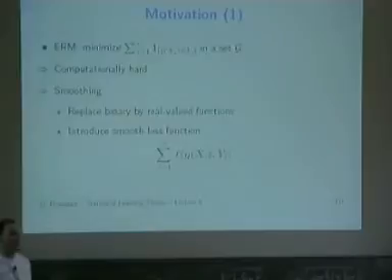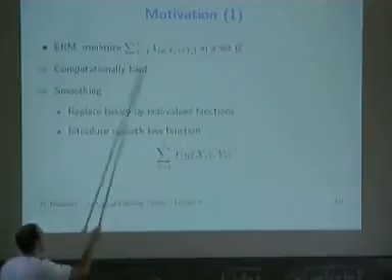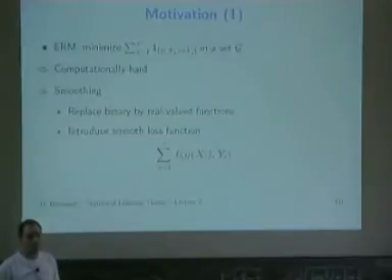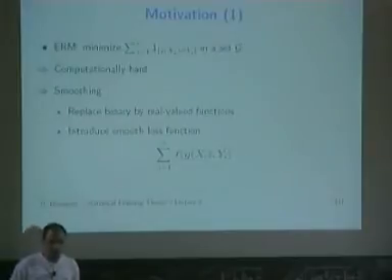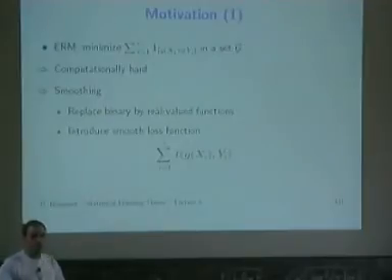For example, if you take hyperplanes in R^d and you try to find the hyperplane that minimizes the empirical error, in the sense of minimizing this quantity here, it requires exponential time in the number of examples. This is more or less impossible to achieve. So that's one disadvantage, and it comes from the fact that the problem is really of combinatorial nature. You have to try out all possible hyperplanes and see what